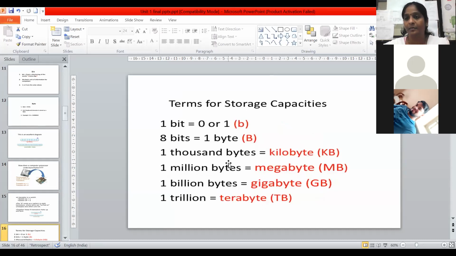Then, as given in the example, 1 bit is 0 or 1, then 8 bits make 1 byte. Okay, 1 byte. The unit for that is a capital B. See, it's very important. आपल्याला कळतच नाही. आपण म्हणतो 1 KB, 1 MB, 1 GB. म्हणजे how many bytes are there? How many bits are there? That is a different thing. Okay, note down this or take a screenshot of this. 1000 bytes means kilobyte. 1 kilobyte. 1 million bytes is nothing but 1 mega.